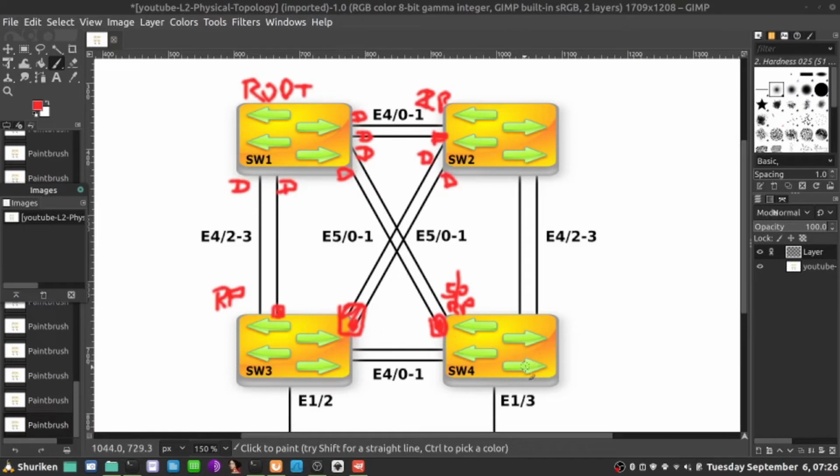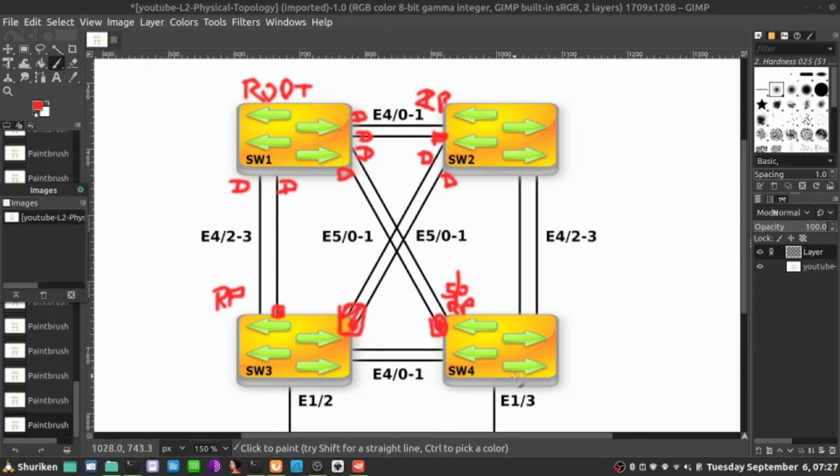It's the same thing. So the same rule, the second step is to prefer the BPDUs from the switch with the lower MAC address or lower bridge ID. Priority is the same on both. So lower MAC address is on switch 3. So switch 3 has 1-3 MAC address. Switch 4 has 1-4